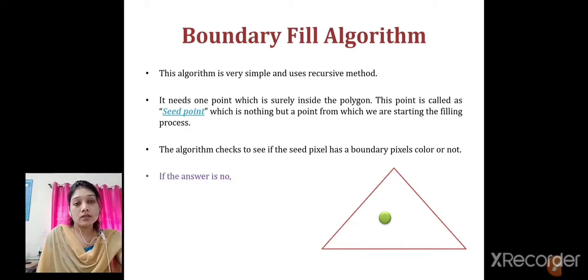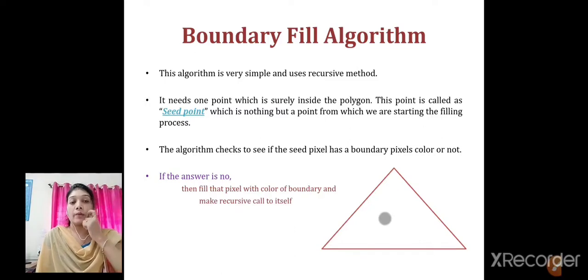Whenever my answer is no, meaning my seed pixel does not have the color of the boundary, then I will fill it with the fill color. Here I change the color of that pixel, and in this way you can see the pixel color is changing.